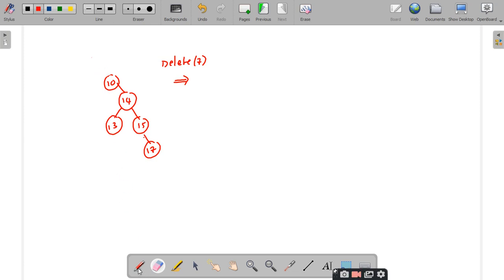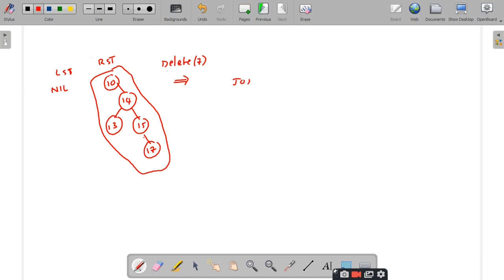Listen carefully. After deletion, what are the elements of the left subtree? There are no elements in the left subtree. Am I right or not? Yes, sir. What are the elements of the right subtree? All these come under the right subtree only. Is it clear? Clear, sir.